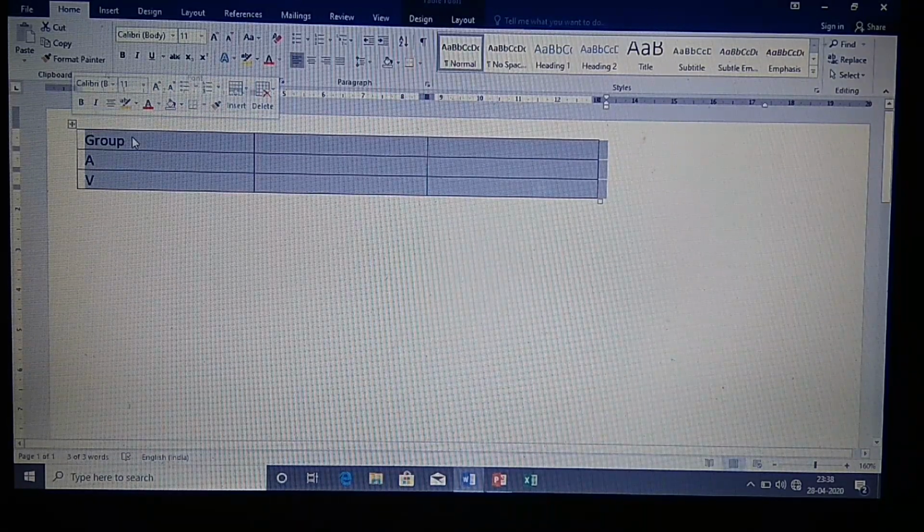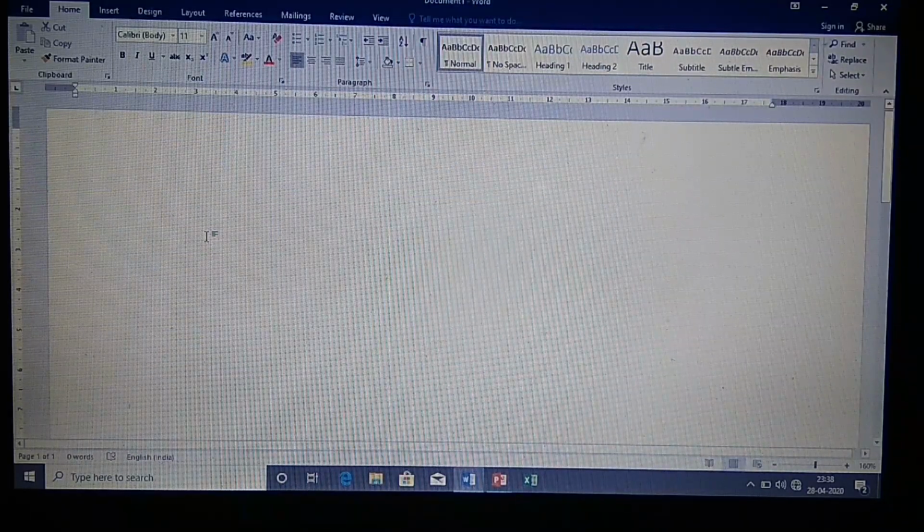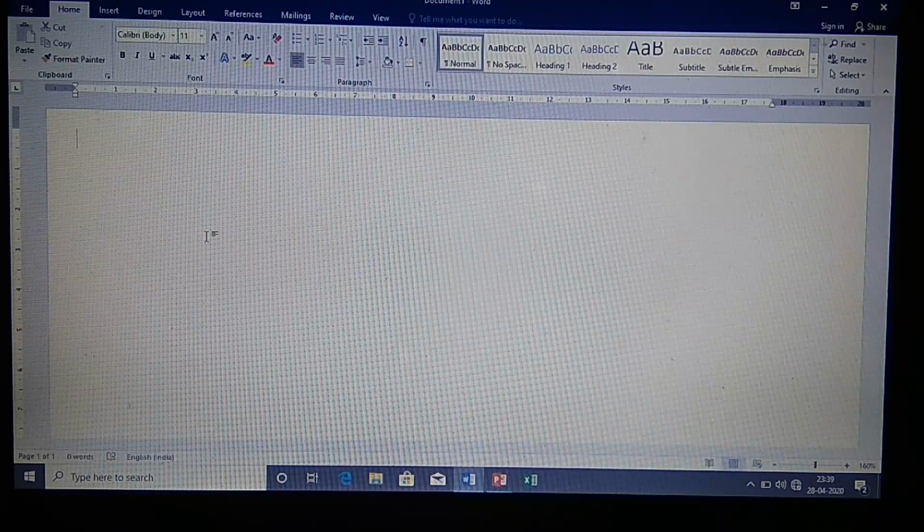After selecting the whole table, right click on that. You can choose the option called Delete Table. If you choose Delete Table, your table has been deleted. So today we understood how to insert a table, how to insert a row and column, how to delete a row and column, and how to delete the whole table.